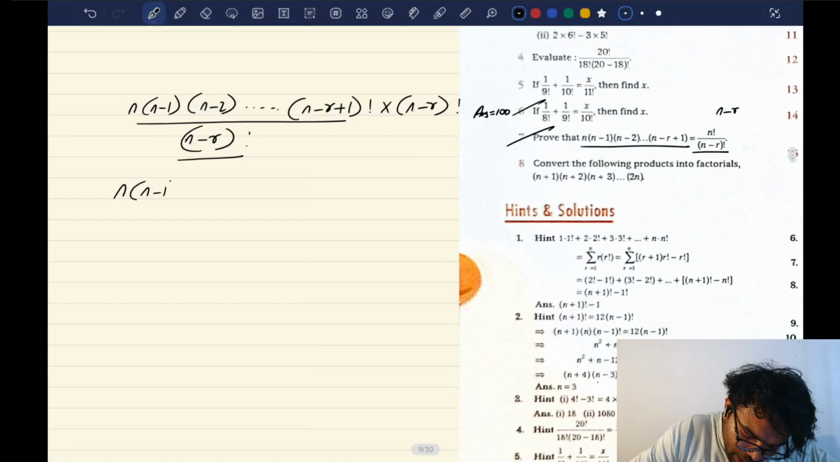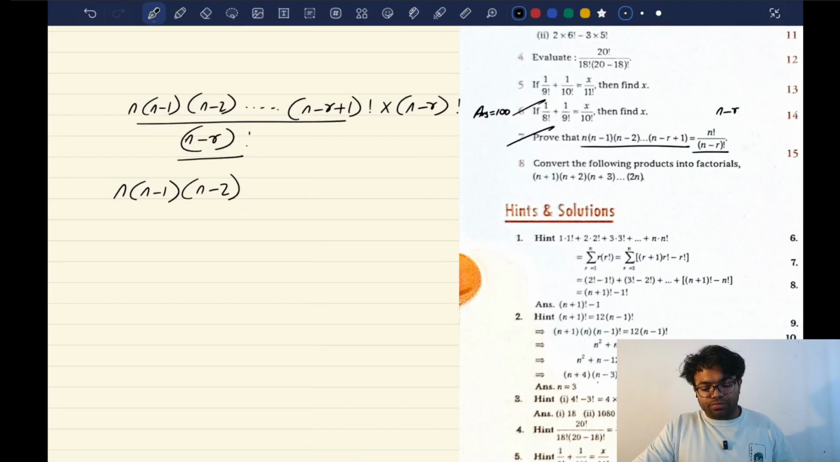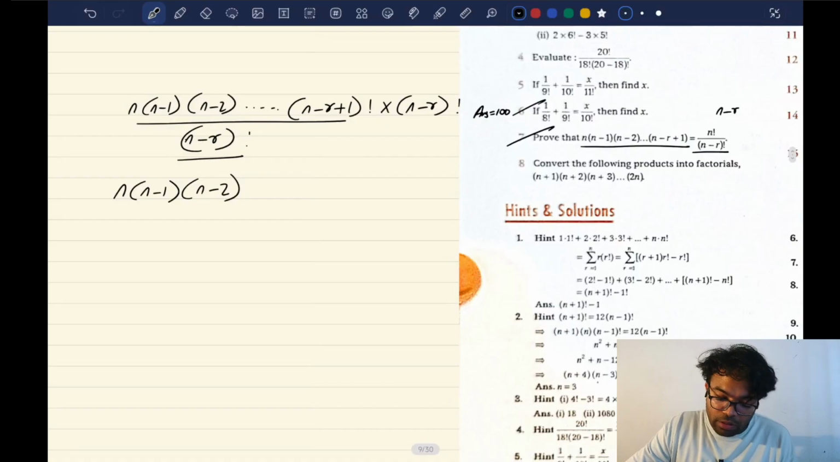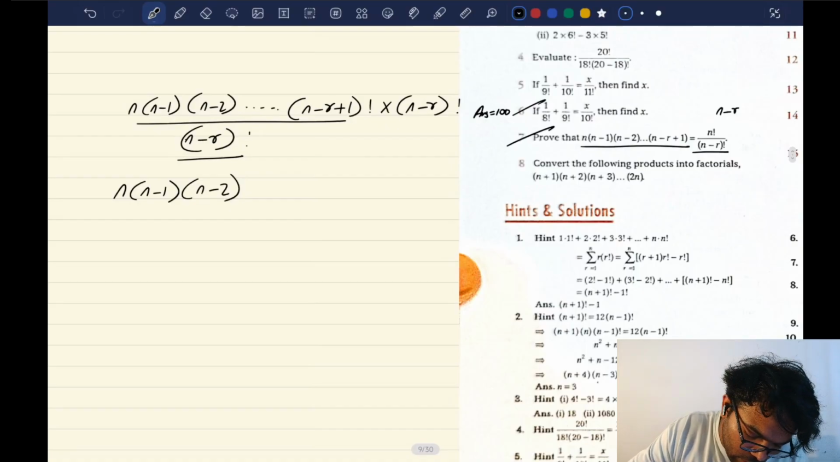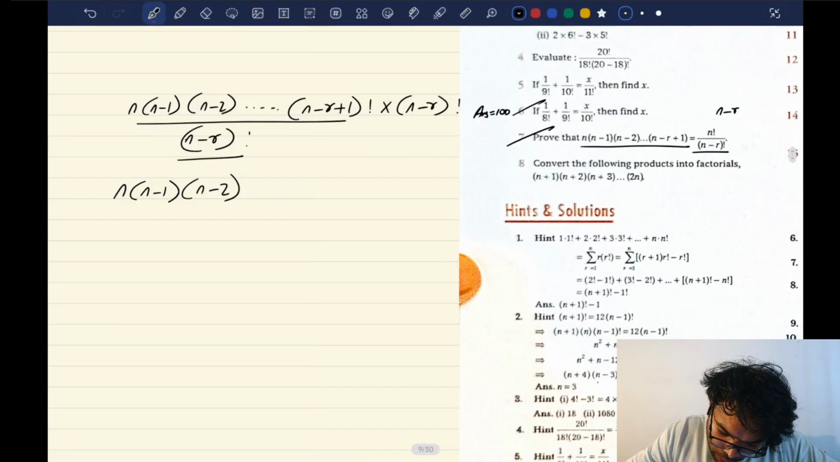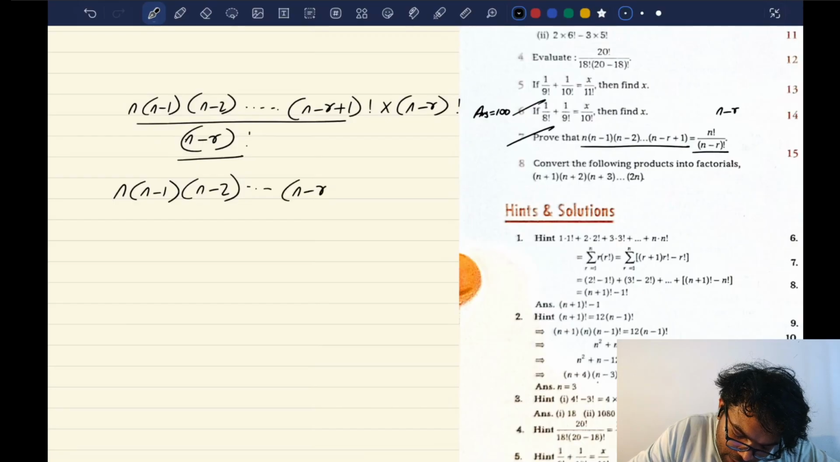N into n minus 1 into n minus 2 dot dot dot n minus r plus 1